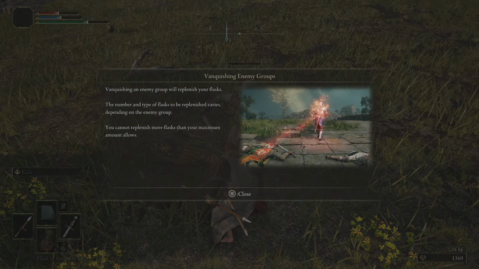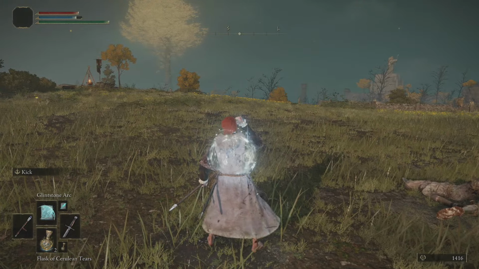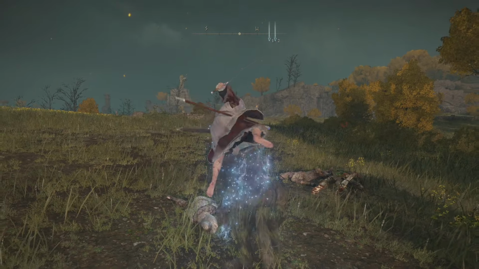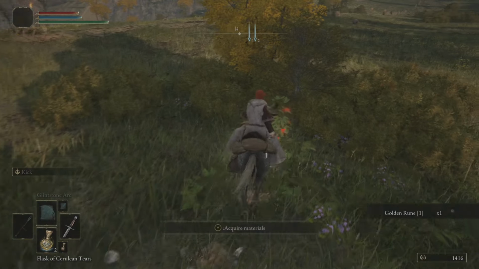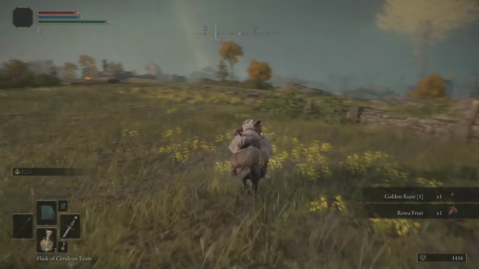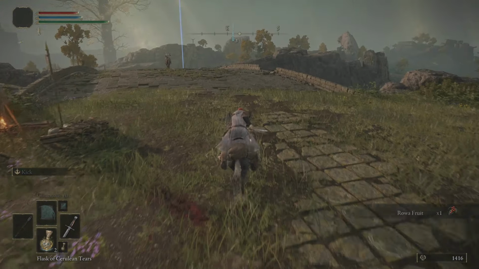There we go. That's just telling us that if you defeat groups of enemies in the overworld, you can get your flasks replenished, which is real nice. The sad thing about the Altaria leaf we picked up though is that that doesn't respawn, so that is classed as kind of like a special item,